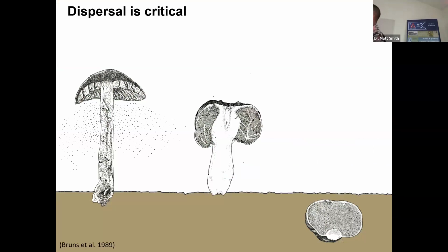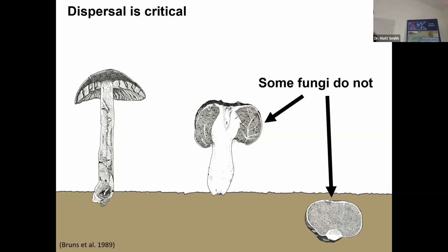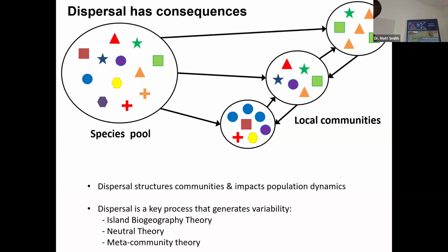They're being released, right? You guys have probably seen a spore print before, and that's a product of this ballistospory. But of course, if you're this one, you aren't doing any ballistospory at all, and you can't depend on airborne spores to get around. And so dispersal has really big consequences. Of course, I don't think I have to tell everybody this, but I will anyways. There have been a bunch of studies of dispersal in other organisms, but in fungi, I would say it's less known, but we do know that dispersal controls what those local communities look like from your regional species pool,